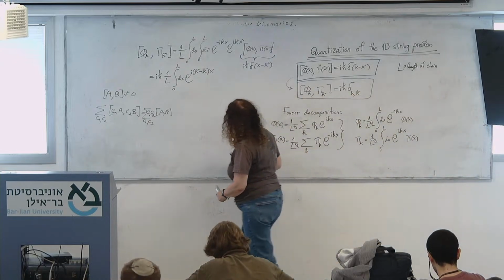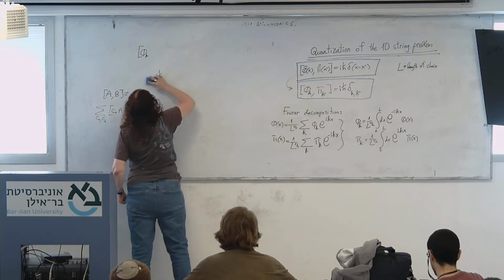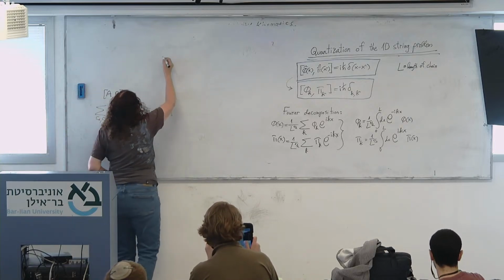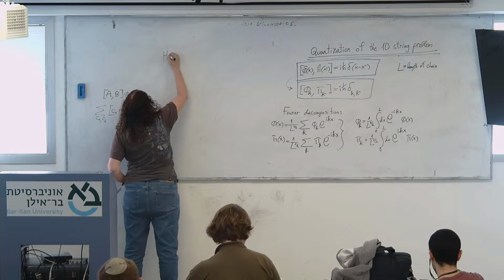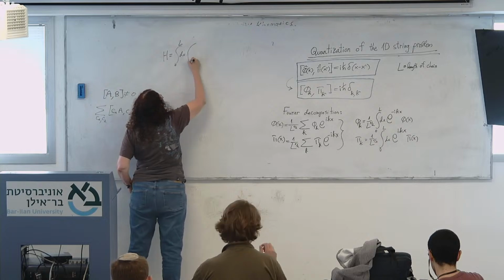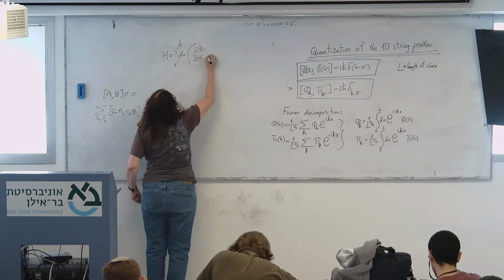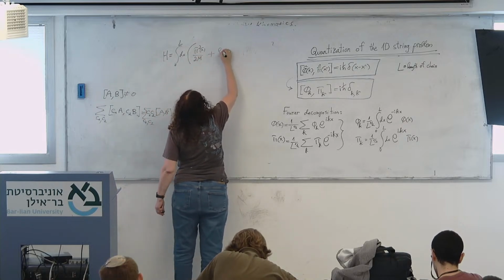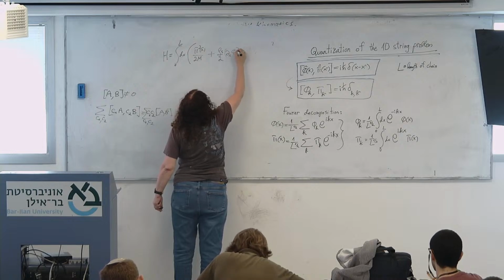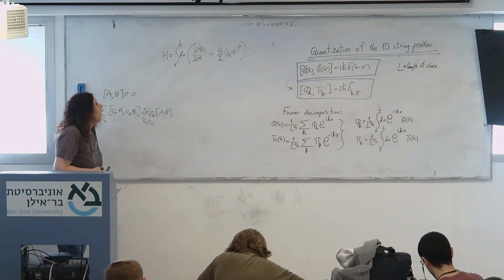I apologize that I erased it, but let me write it quickly. The Hamiltonian in real space was pi squared over 2n plus rho s over 2 grad phi squared. Okay, and